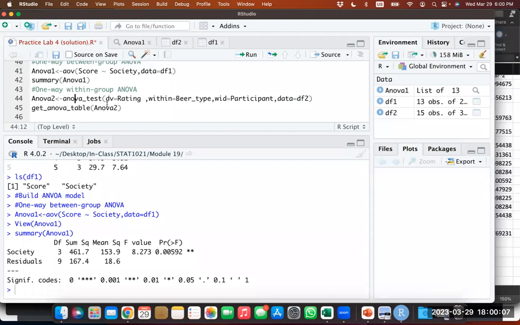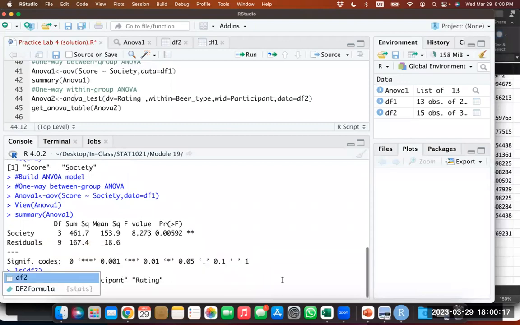And you're assigning participant. These are the variables that we have in our DF2. So you're assigning these respective variables to the actual entry. Data equals DF2, and then you are